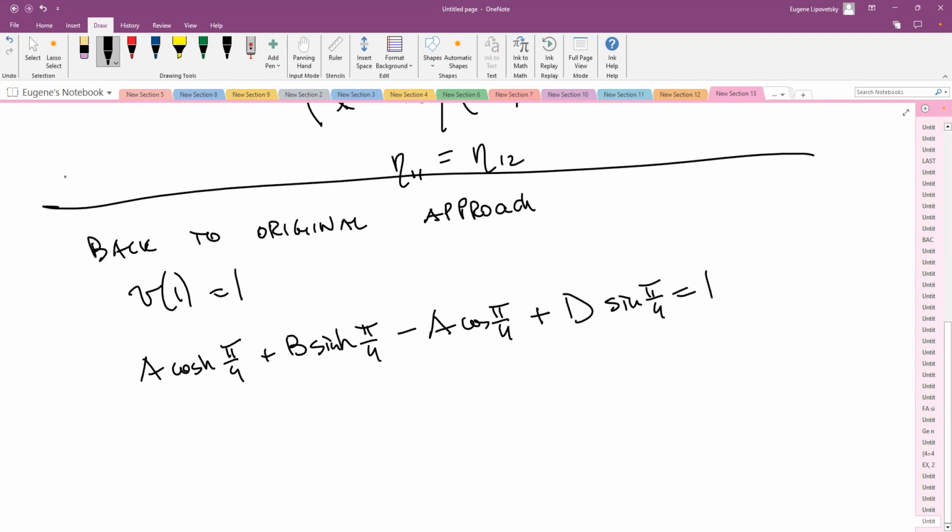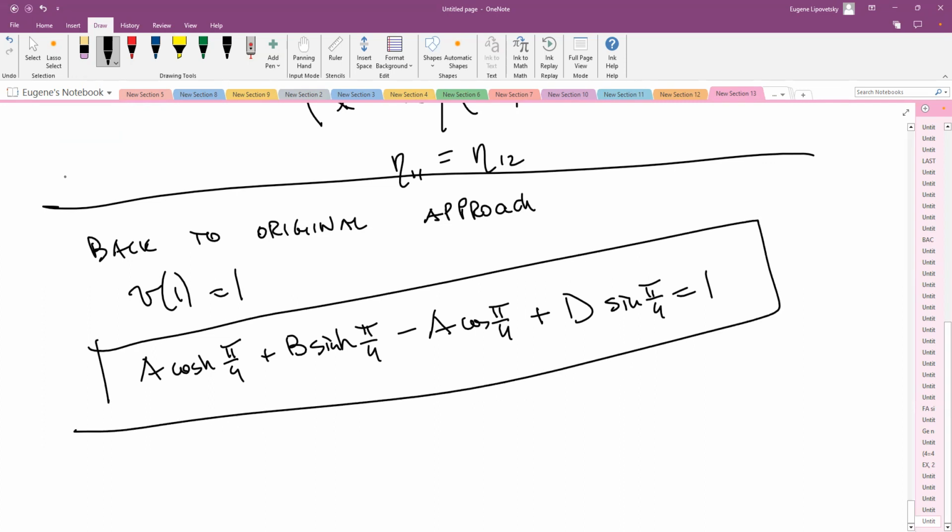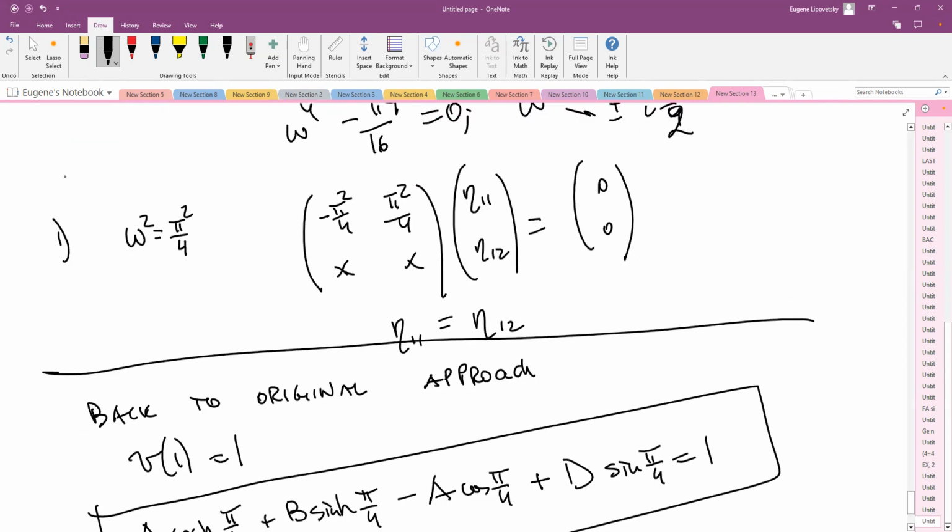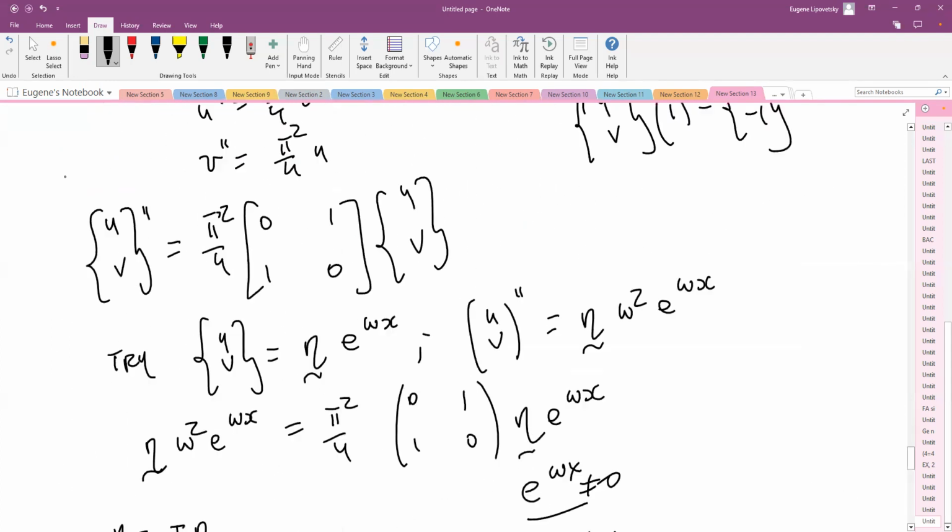Okay. That's another equation. Now let's use the fact that